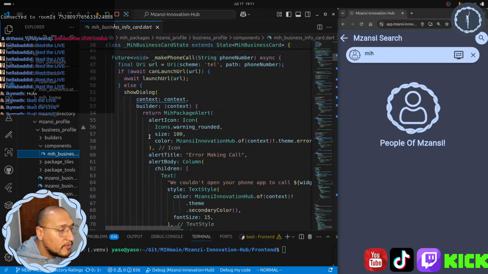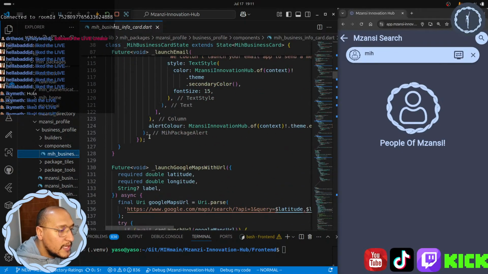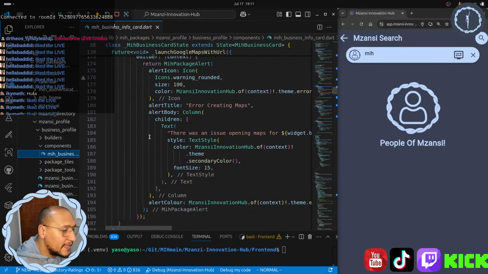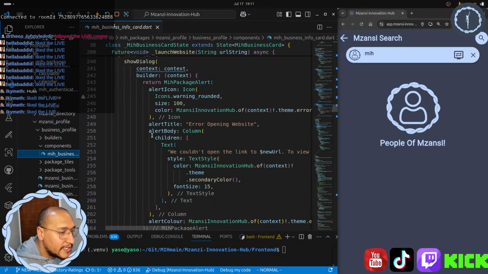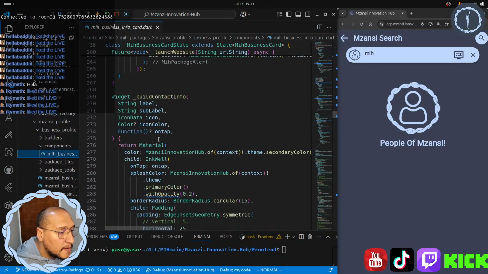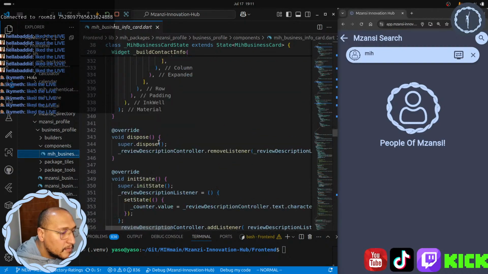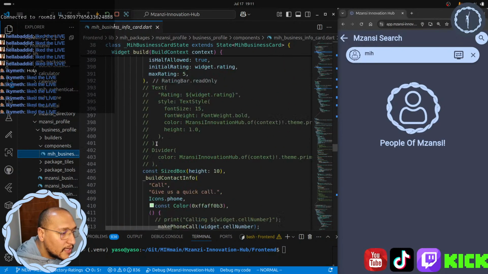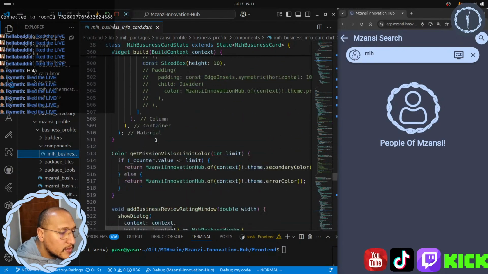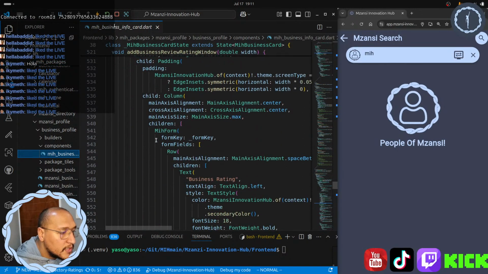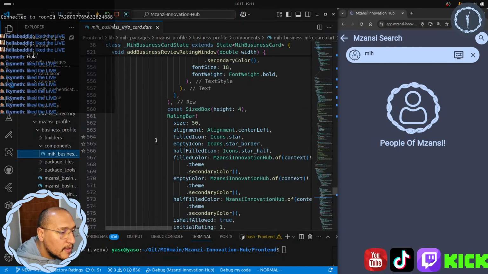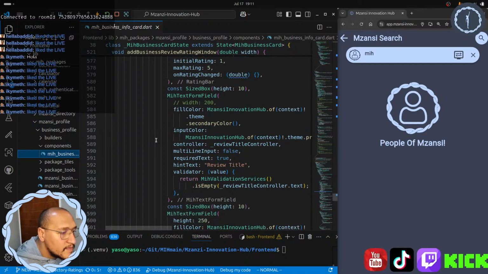So what we did over here, if I were to scroll down, I'll show you where that issue was, and I'll bring that issue back. I think I just commented it out. I didn't really remove it completely. Oh, not build context, none of that. It should be at the bottom. If we scroll. Yes, there it is over here.